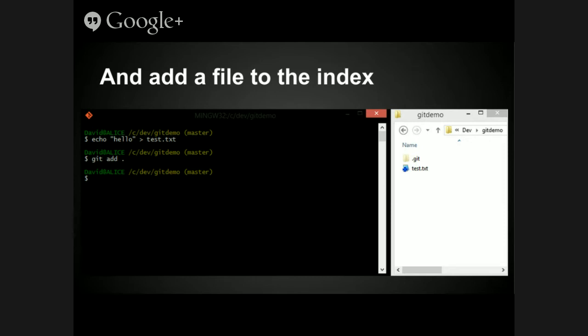Instead of saying git add dot, you can also specify specific files that you want to add to the index. But generally, a lot of people will just work on a bunch of files and add them all together. I actually have a Windows Explorer plugin there. So you'll notice it's gained a little plus symbol that shows you that it's been added to the index but not committed.